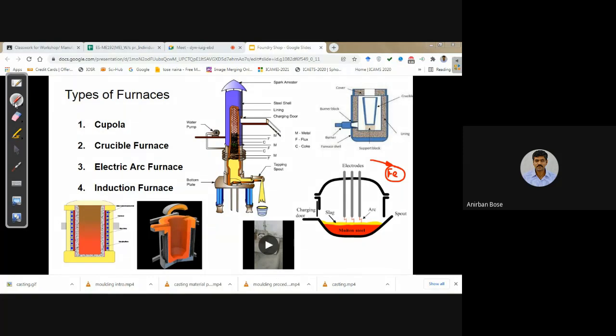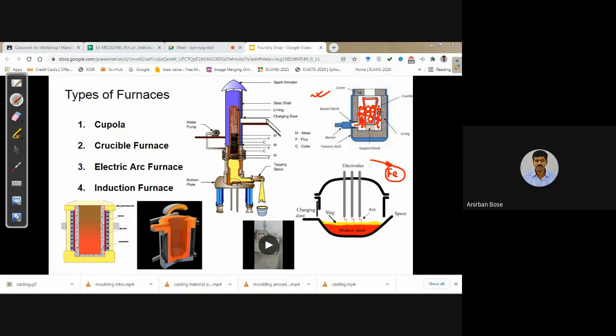In the crucible furnace, this is the crucible, and within the crucible, definitely the charge is there. Charge means the scrap metal that we want to melt. Outside, as a fuel, it may be coal or some gaseous fuel, whatever that may be. With the help of air and a burner, we create combustion outside the crucible. So here, huge heat is generated.